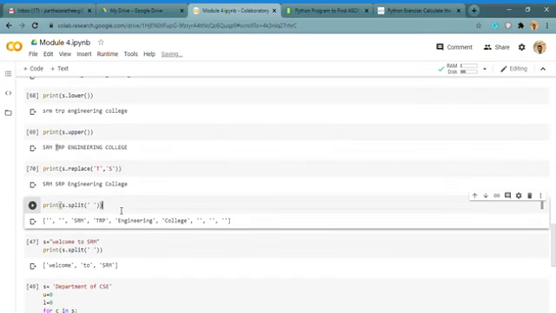Then if you want to split the words in your string, here I am using the function called split. I am going to split the sentence by using the delimiter blank space. Here I gave blank space. So we will get the words of SRM TRP Engineering College split by the blank space.